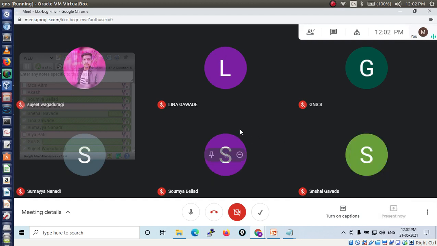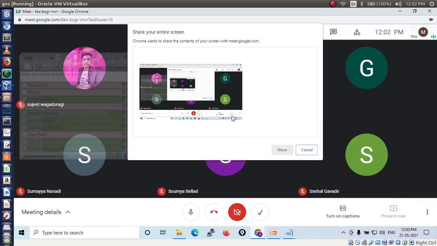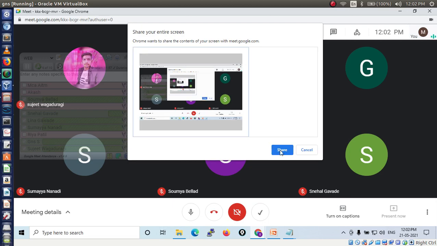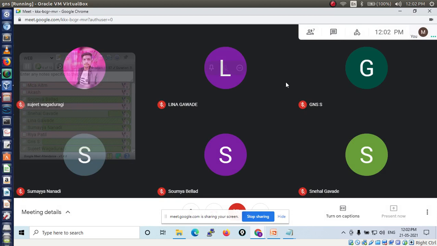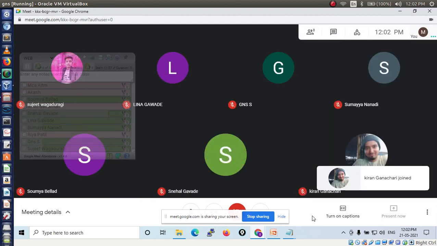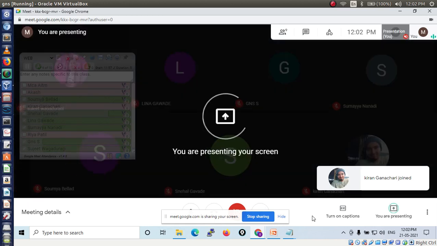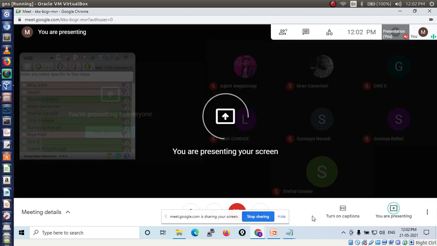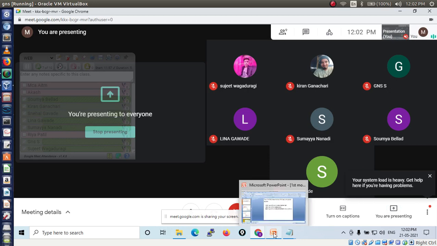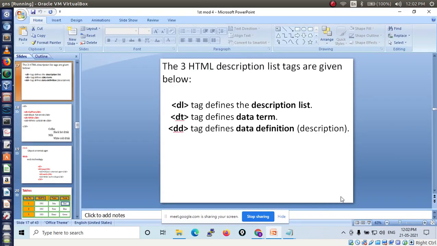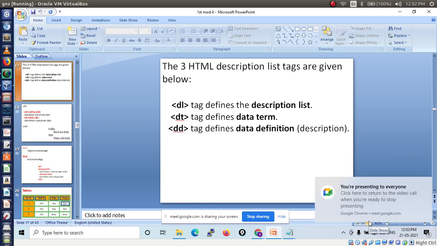Yesterday we discussed lists, right? Ordered list, unordered list, then nested list. These tags will be asked in your main exam, maybe for 10 marks or 8 marks depending on their questions, but definitely you will get these tags. In that case you have to write the tag definition, then the syntax. If a syntax is there, then you have to write the syntax, then you have to give one example.